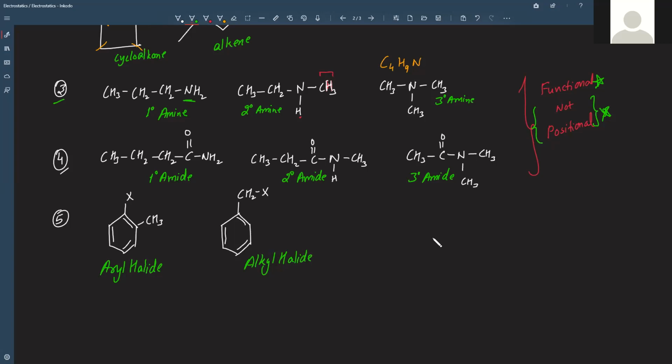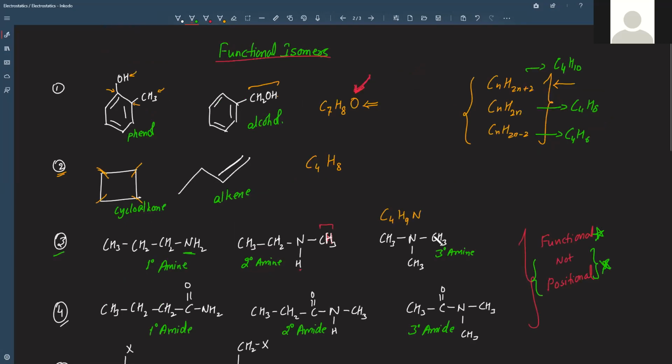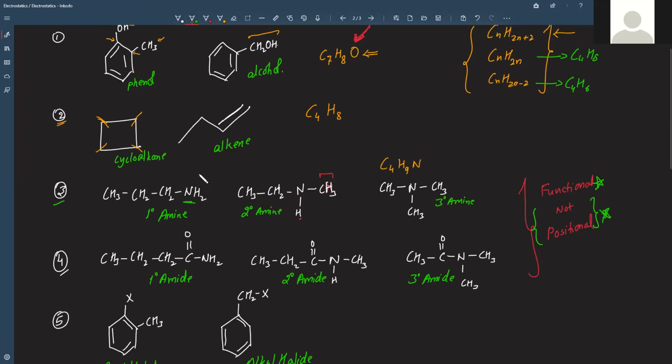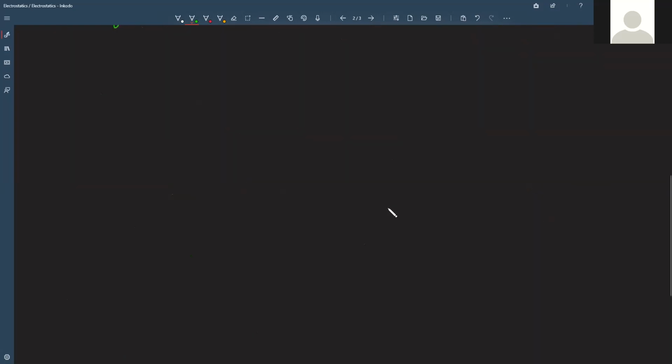So like that, we have different functional isomers or possibilities of these different types of functional isomerism, which we will see in the chapters we'll study this year as well. When you study alcohol and phenol, you will see the first example. In the haloalkanes chapter, you will see the example that belongs to the fifth category. And in the same way, when we study nitro compounds, we'll see the examples of 3 and 4. Now let us solve a few more questions to see whether we understood this concept of functional isomerism or not.